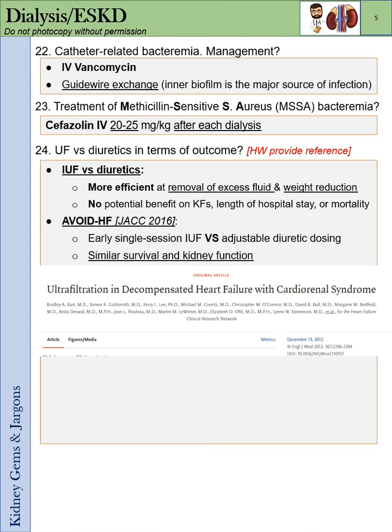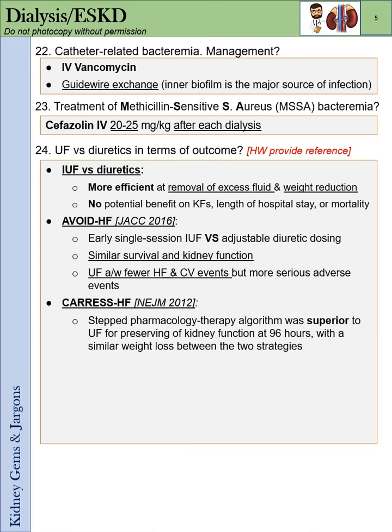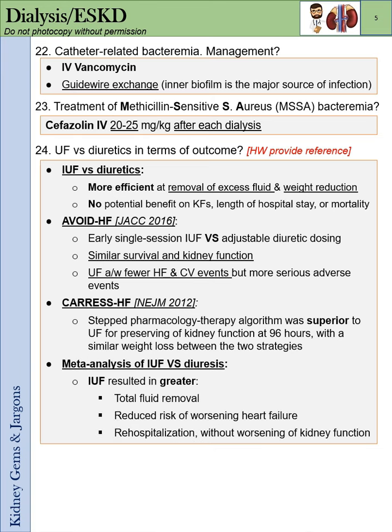Then the CARRESS-HF trial in the New England Journal of Medicine, they looked at a stepped pharmacotherapy algorithm, which was superior to UF for preserving kidney function at 96 hours with a similar weight loss between the two strategies. Meta-analysis of isolated UF versus diuresis: isolated UF resulted in greater total fluid removal, greater reduced risk of worsening heart failure, however, greater rehospitalization